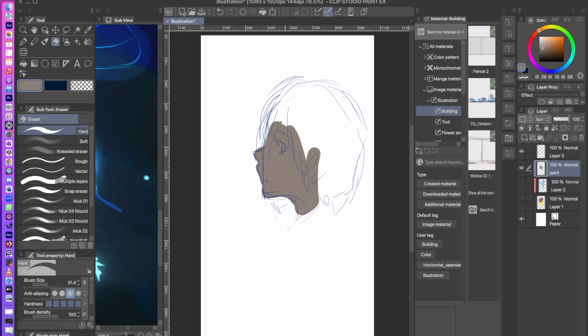So let's say I have this character right now. This is going to be our main character, and I want to also paint the hair. So I'm just gonna erase a little bit of this part to allow the hair to be painted. For the hair, actually I'm gonna paint in a layer below. So I'm gonna create a new layer that is gonna be below the painting. I'm just gonna call this hair, and let's say that the hair of this character is going to be kind of